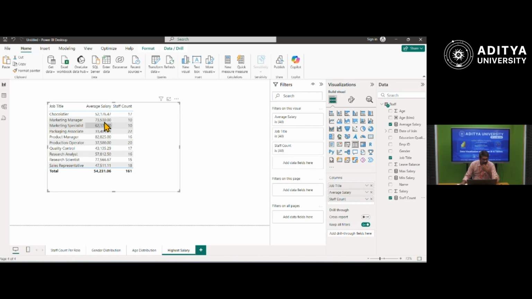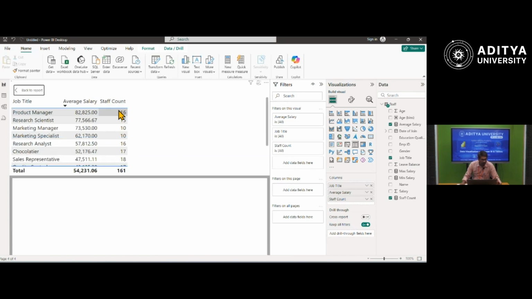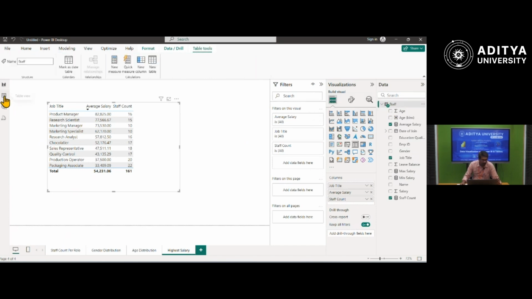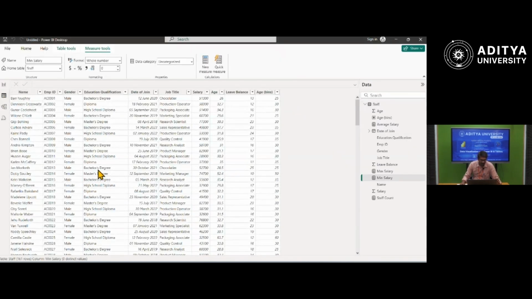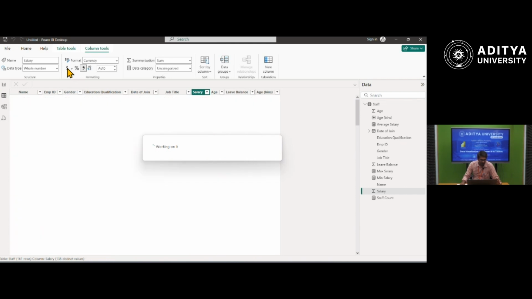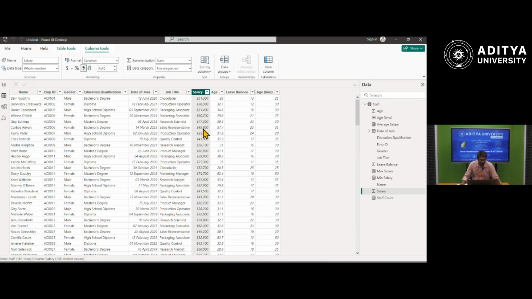Now, here, the thing is the salary is either in rupees or in dollars. That we have to know, right? For that particular point, you can simply go show as a table, go to your staff and go to your table view. And wherever this salary is available, you say something like add $1 to it. Okay, add $1 to it. Then automatically in your report,